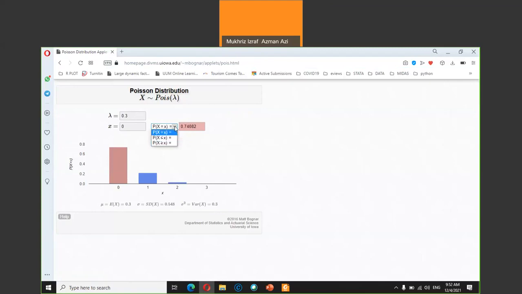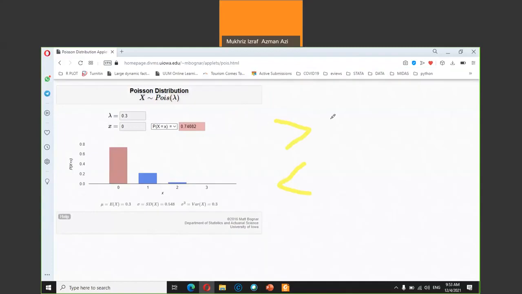You can change whether you want x equals to, x less or equals to, or x more or equals to, which is the same as the previous binomial calculator. So you have three options. If you are given the sign, if you want to calculate more than, for example, or less than, you need to work your way based on what the x value equals to.